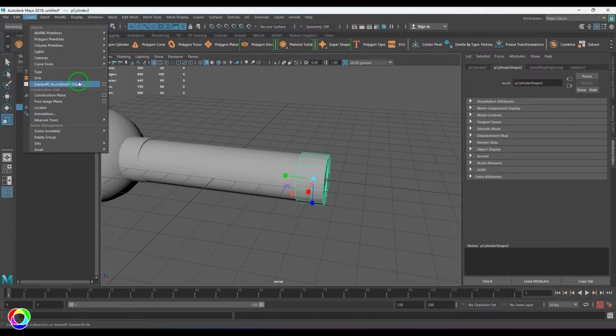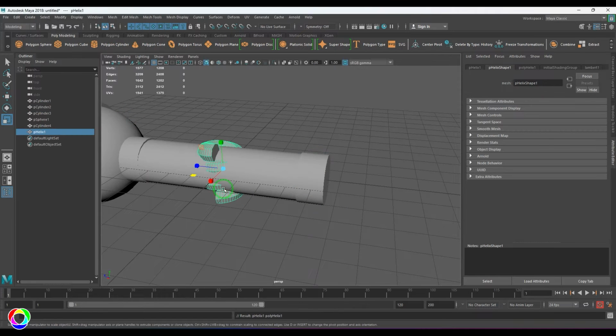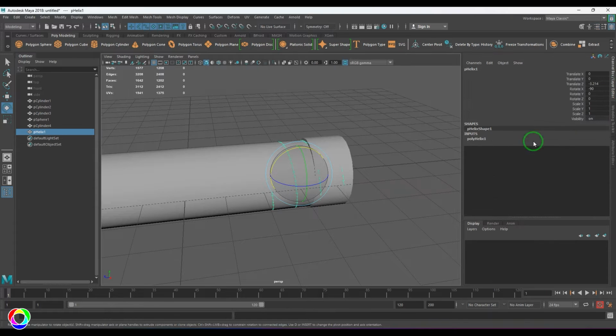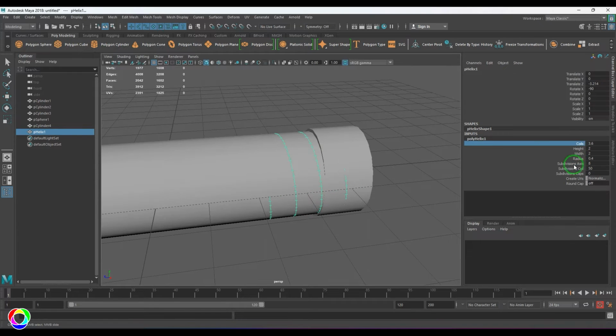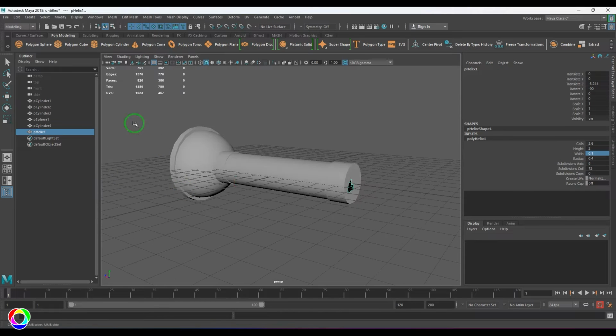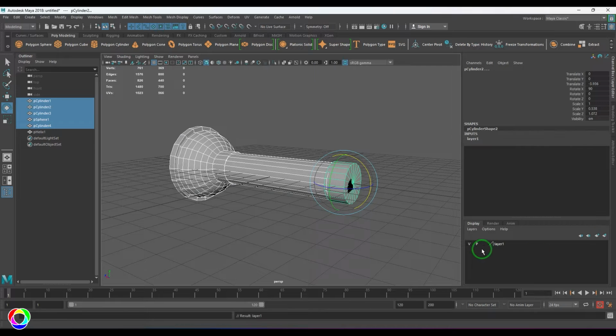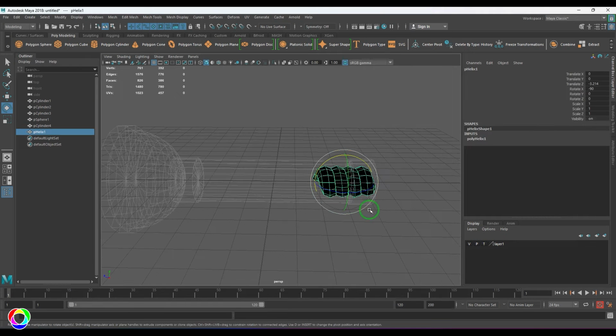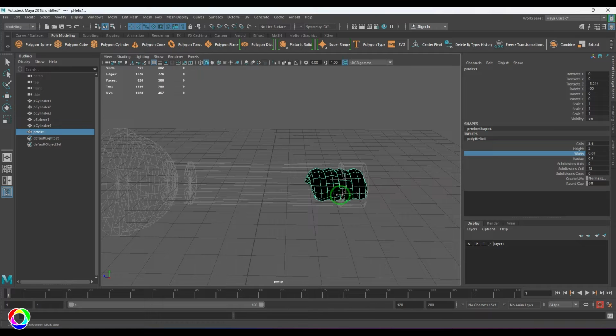threads. Okay, I'll go to the polygon primitives helix there, and then I'm going to rotate it 90 degrees like that, and I'll be taking help of the channel box, and then I'm going to increase the width, okay, and the axis subdivisions I'll just keep it simple, and I'm going to reduce the width. So maybe we will select everything here and put it into a layer, and then just make it a template, and then increase the width,